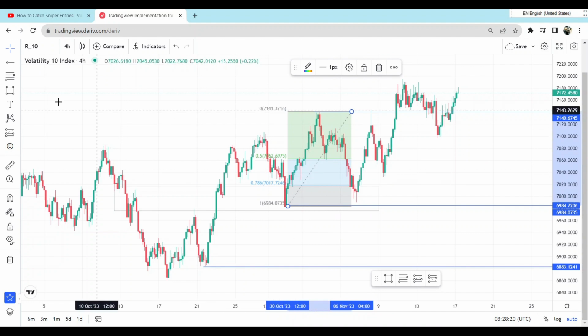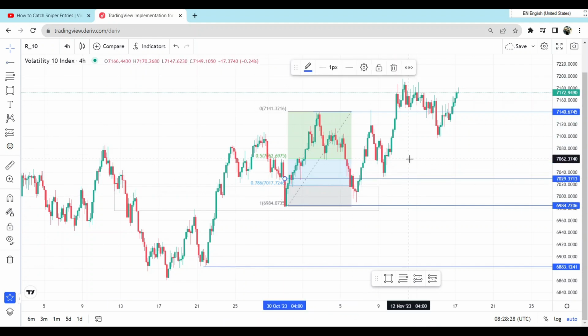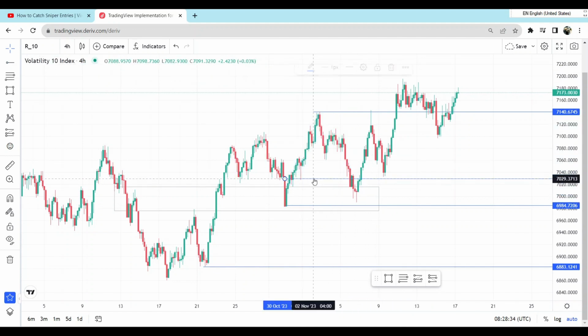So I'm gonna mark out my demand zone here. So this is where my demand zone is. Let me remove this so you guys can see. Knowing that my demand zone is here,